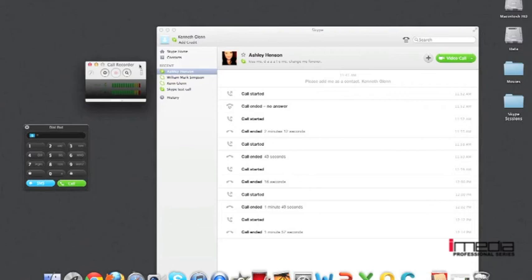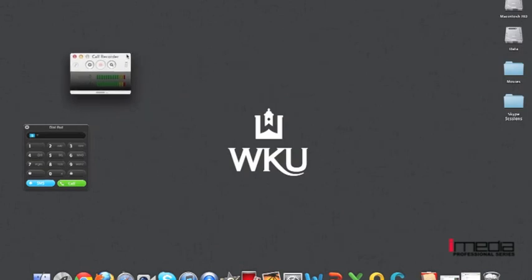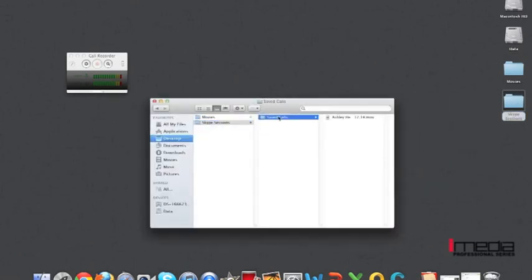And then from here, you can go ahead and quit Skype. You can hide all the windows. You can even hide the recorder window. You can leave it on there if you want to. But all of your files and your movie is going to be automatically saved to the desktop in this folder right here. So you're going to open this folder, click and say Skype sessions